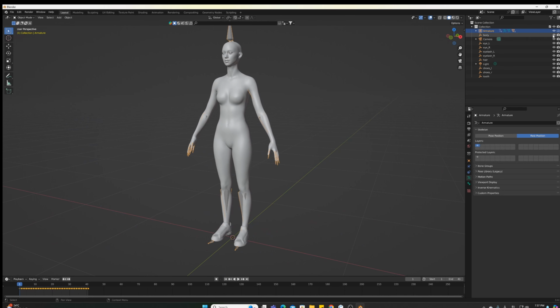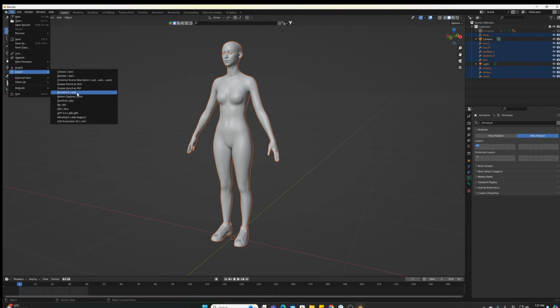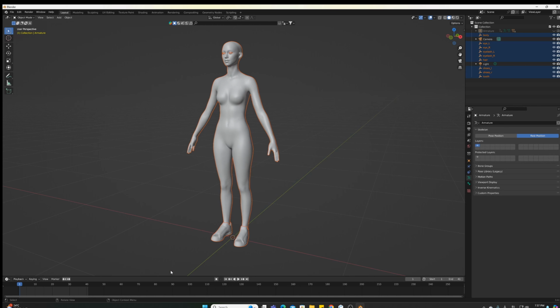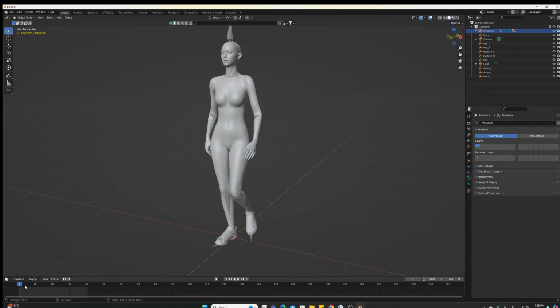Okay, then unhide the armature and select all, and file, export OBJ. Now you can call it A pose. Okay, and then you need to select the pose position again. Now you have to export the Alembic